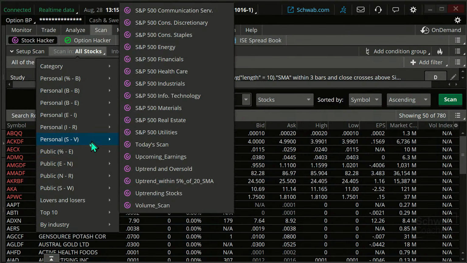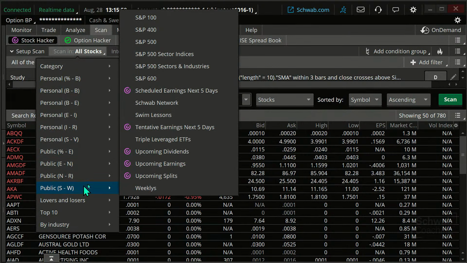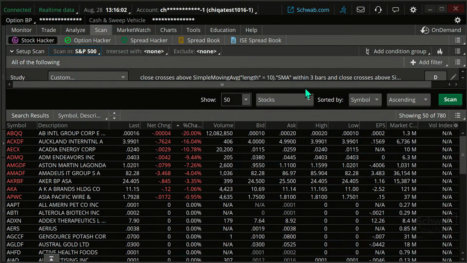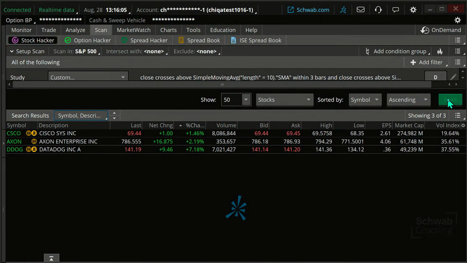Now, often in these scans, I use the S&P 500. Now, I can use that S&P 500 if I want. Let's just kind of look here and just see what we got. We've got 3 results in the S&P 500, okay? But what I'm going to do is I'm going to expand that out a little bit, and I want to just mention another way of perhaps doing that. If I want to go a little bit beyond the S&P 500, what if we consider the Russell 1000?